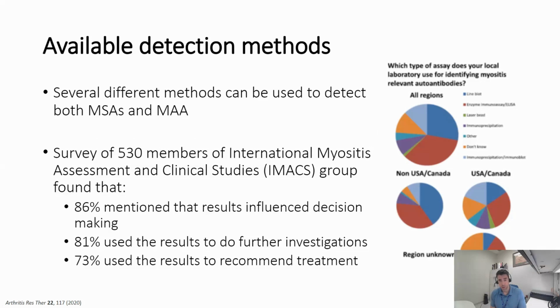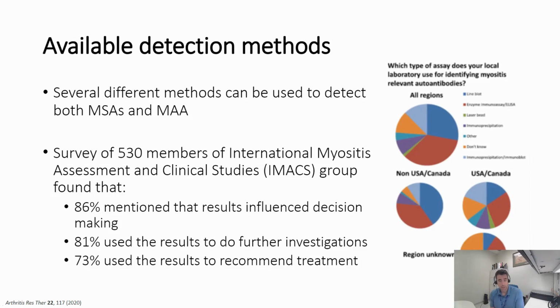myositis-associated antibodies. So this survey, which was done by the Myositis Assessment and Clinical Studies Group of about 530 members, identified some of the common methodologies used for the detection of these autoantibodies. On the right-hand side of your slide, the different colors are associated with a specific methodology. By way of example, line blots would be in the dark blue. Red would be enzyme immunoassays. Green would be laser beads. Purple would be immunoprecipitation. So there is still a wide variety of methods that are used for the detection of